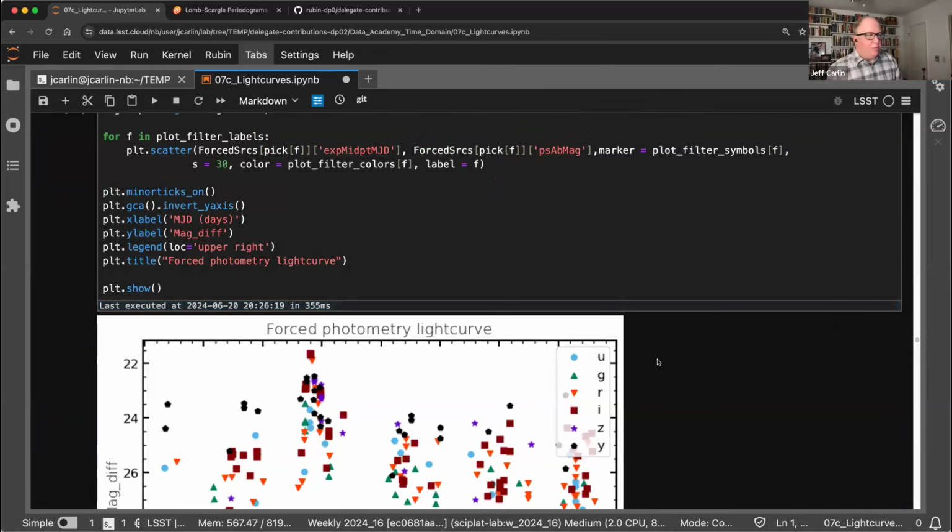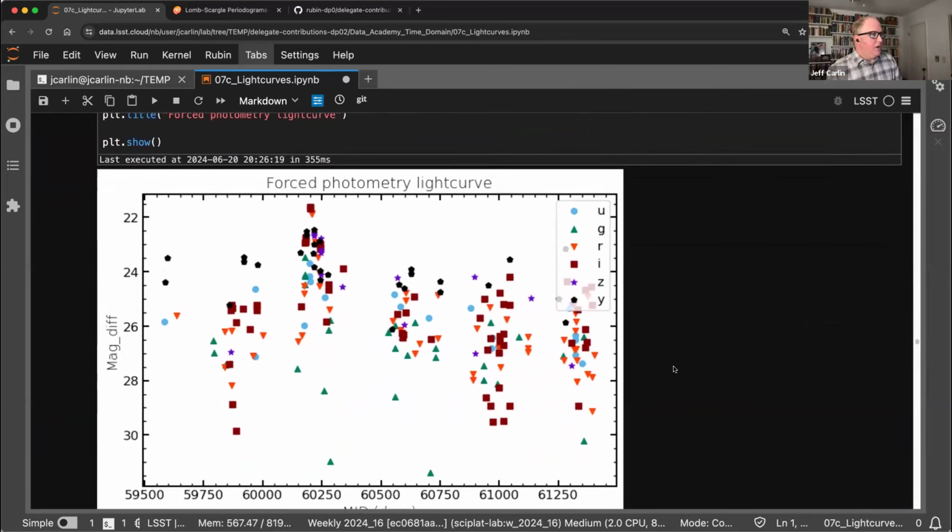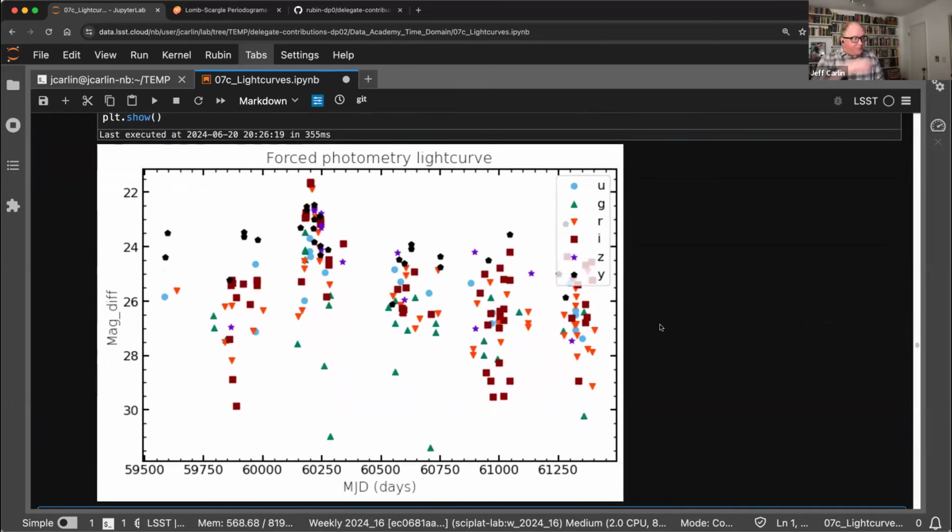And now you see you get a big mess, but that's because this has a measurement on every one of the 428 images that overlap this position of the sky. And so again, you can see that most of these are probably essentially zero flux. And then you have this time where the supernova is near its peak over a couple hundred